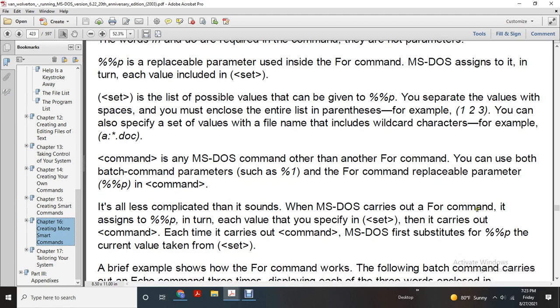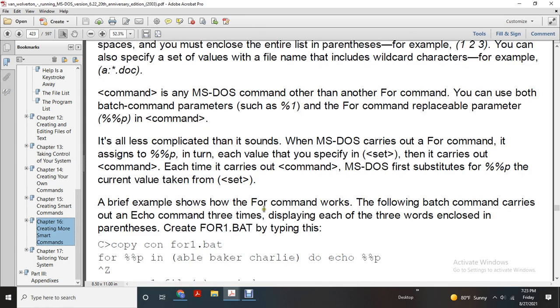MS-DOS carries out the FOR command by assigning the variable %%p each value in the set in turn. Then it carries out the command each time. When it carries out the command, MS-DOS first substitutes the variable %%p with the current value taken from the set. A brief example shows how the FOR command works. The following command carries out an echo command three times, displaying each of the three words enclosed in the parentheses. Create a batch file by typing this: